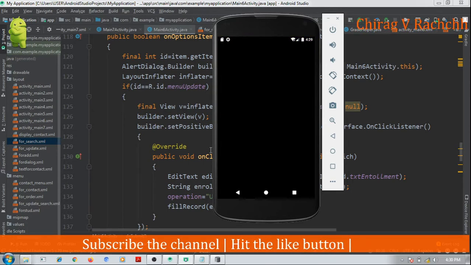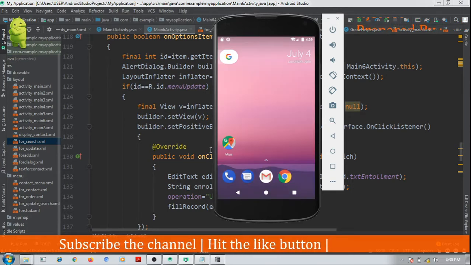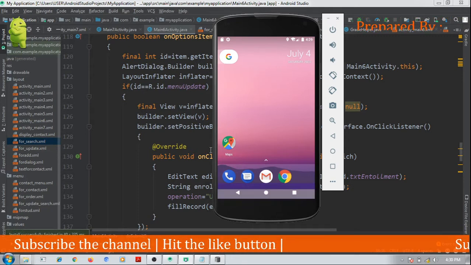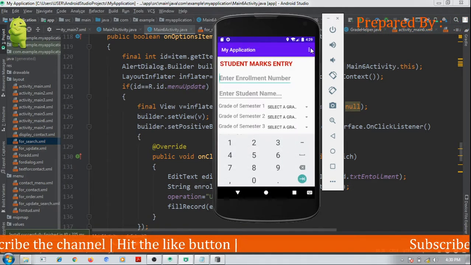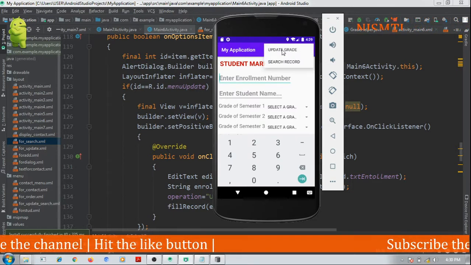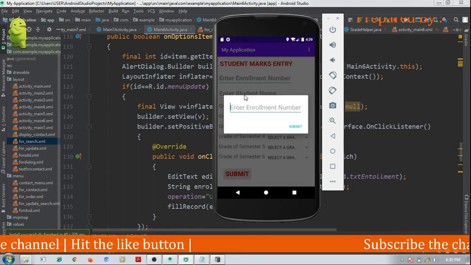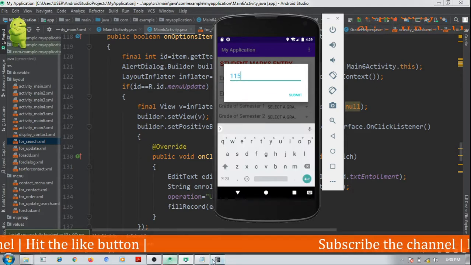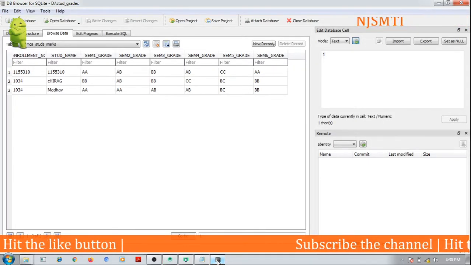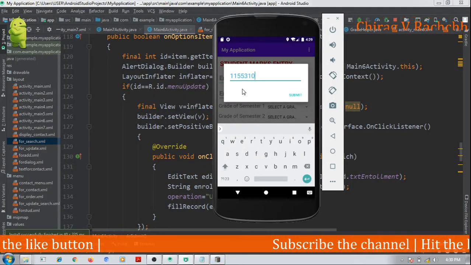Application is on the way of installation. Process is going on. I want to update the record. I want to update the name. That's why 1155310. What is the enrollment number? 1155310.